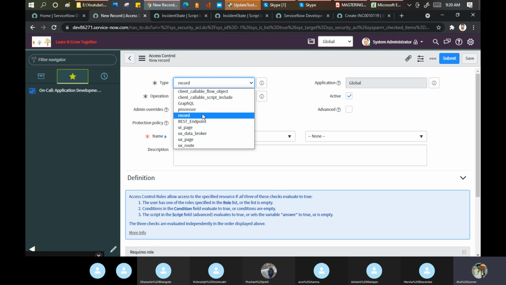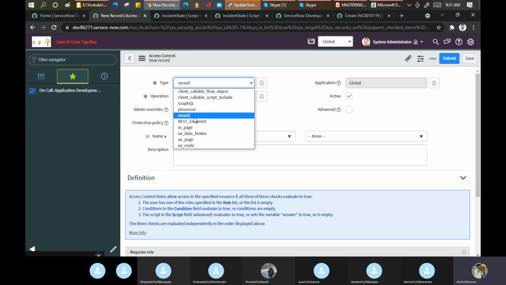I just have an idea about the record. GraphQL was added by ServiceNow, I guess in the Paris release. These two or three were also added in the latest ServiceNow. But for you guys as developers, the basic fundamentals are required, because very rarely do we make any changes in the ACL part. We always use the out of the box.